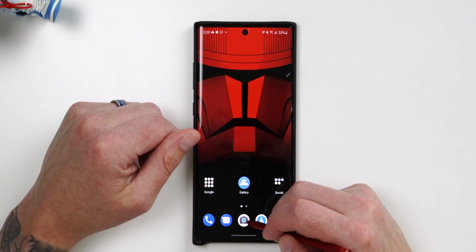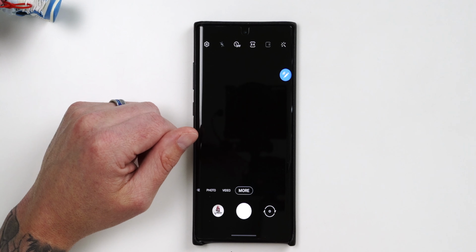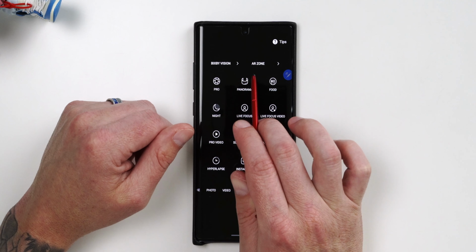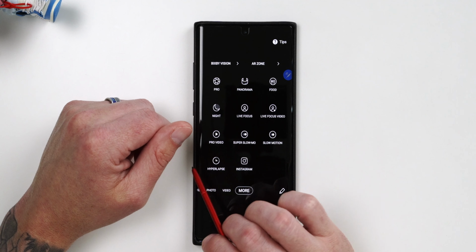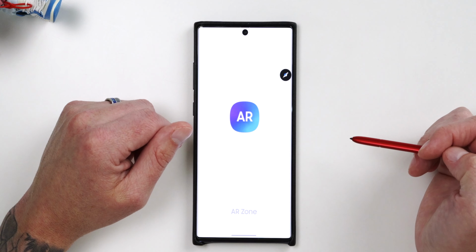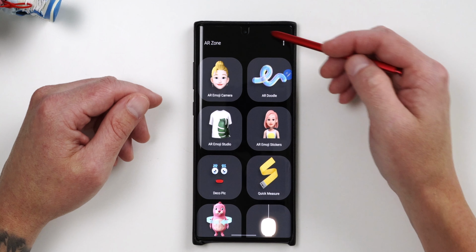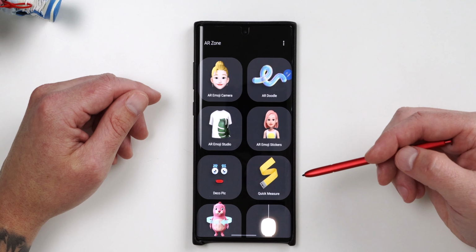Number 9 is all about the Note 10 Plus and taking advantage of its 3D time-of-flight camera. Samsung has made it extremely easy to find all of the AR and 3D depth sensing goodness inside of AR Zone. First, let's go ahead and dive into the camera app, then select More, and then you have two different toggles right here. You have Bixby Vision, and then you have AR Zone. Tap on AR Zone, and it's going to pull up a little menu with all of that AR goodness, and